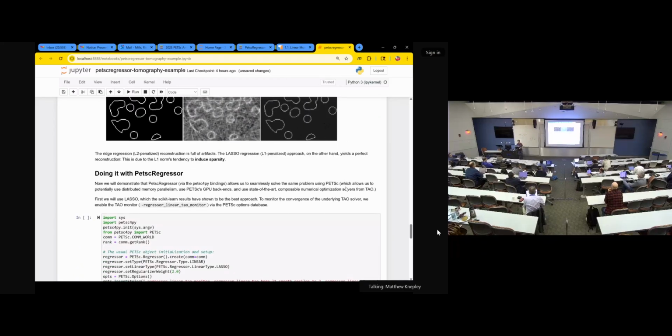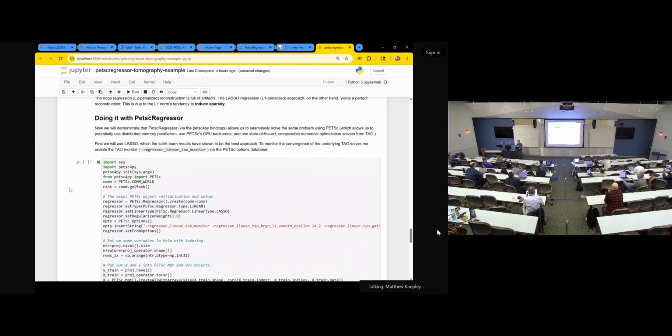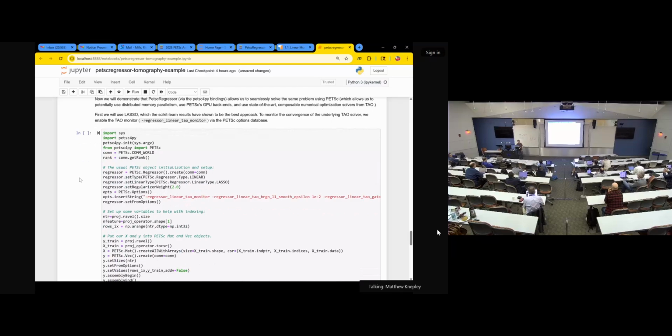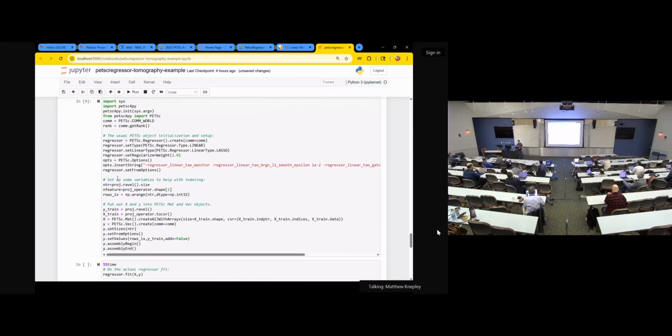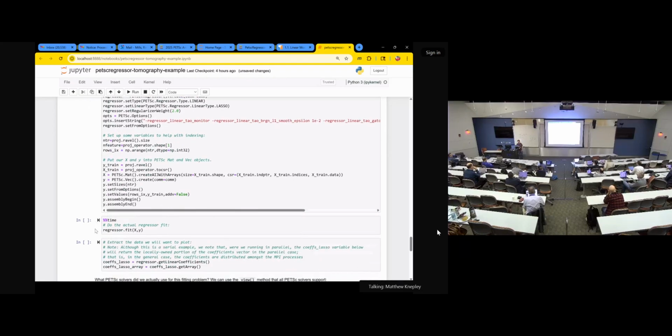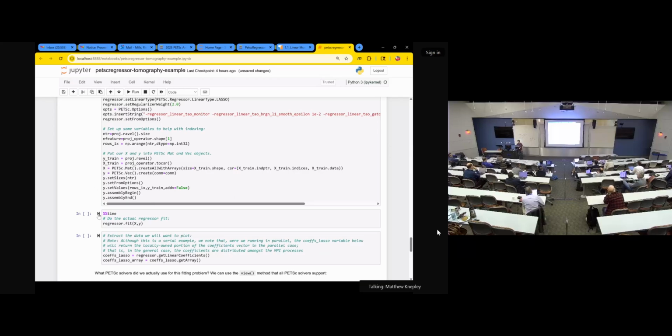Okay, so now I want to demonstrate that I can just take this existing scikit-learn workflow and use the PetscRegressor, PetscRegressor for Pi bindings. So I'll go ahead and run this. You do the initial PetscRegressor object initialization and setup, just like you would if you're doing a TAO object or a SNES object or whatever. Just doing some indexing here, and then I've got to put our x and y into PETSc Mat and Vec objects. So I've done that. And now I will do the actual regressor fit,